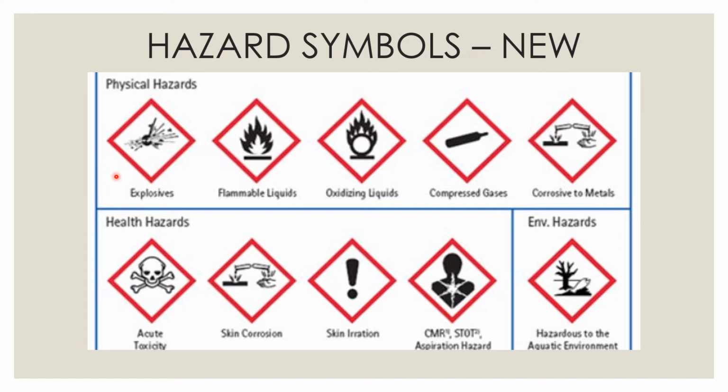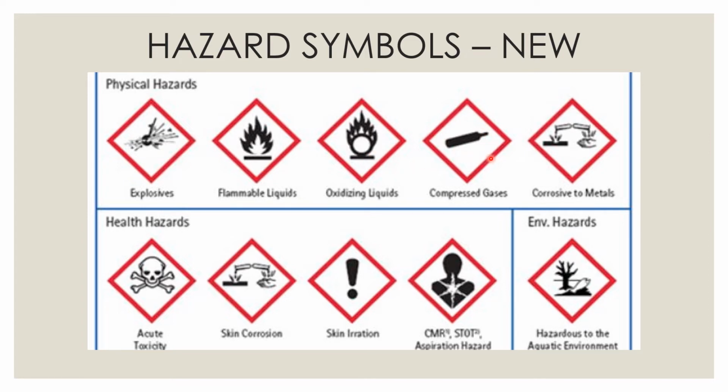Okay. Then we have a fire-like symbol here. This fire-like symbol represents fire or flammable liquids, those liquids which can easily catch fire. And then we have oxidizing liquids. Some of these oxidizing liquids have a high compatibility with flammable substances, so it is very important to keep these two away from each other. Now, oxidizing symbols are the ones which will cause a chemical to undergo oxidation, and they are known as oxidizing hazards.